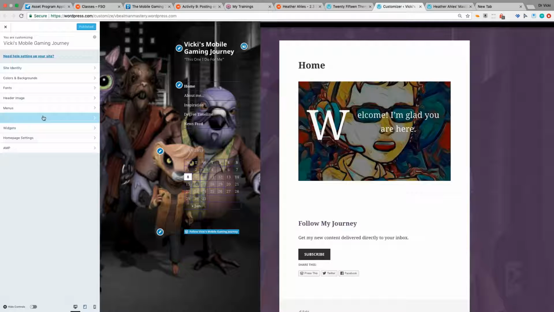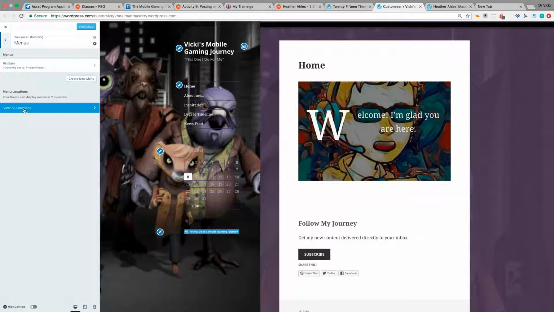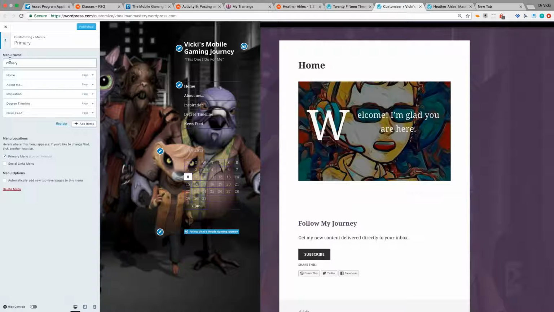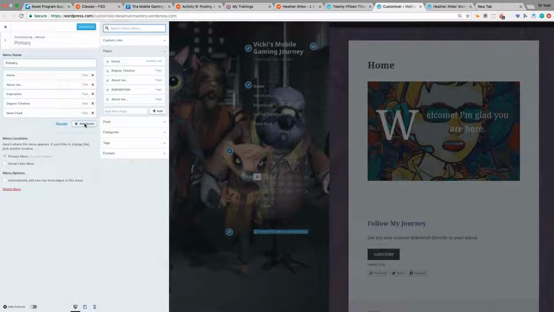How do I know? See menus, primary, it's published, menu name primary. Here's my pages. Home, about me, inspiration, degree, timeline, my news feed. Right here's how you add new items. Okay? These are the ones I already have as pages. If I want to add a new page, I simply type in the name of it, like Personal